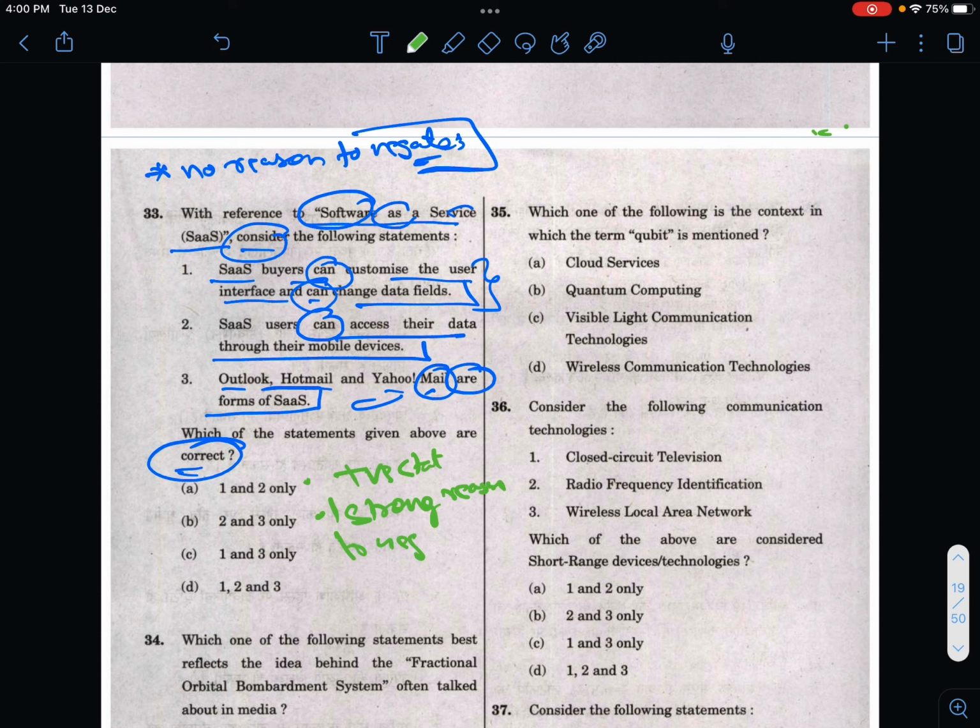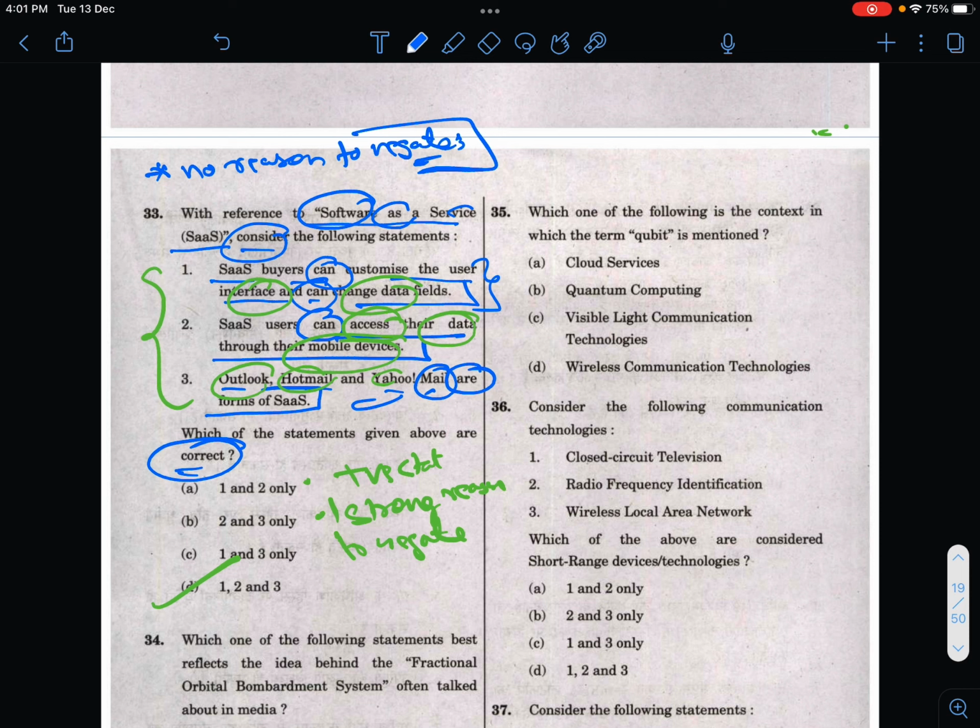And finally, all three, they work in tandem. If you're giving a user a service, the user should have the ability to customize the interface or change the fields, or they can access the data with mobile devices. And these examples sounded legit. So again, I marked D, which again turned out to be the right answer. So it cannot be a coincidence that consistently I'm getting lucky. Of course, there's a fair bit of luck involved at the end of the day, but you cannot exclusively call it luck if you're getting a lot of questions correct,